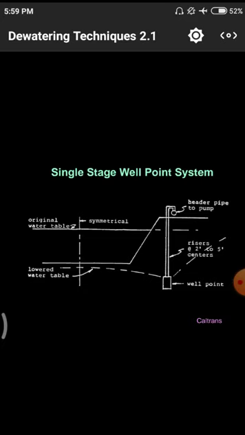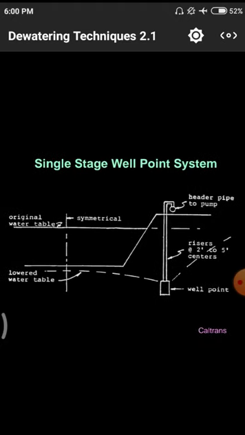Likewise, we have different terminology here. First of all, we need to understand this terminology. If the terminology is very clear to us, the subject will be very easy to us. If the terminology is not understood by us, the subject will look very tough to us. So if we know the terminology as well as possible, we can write the total subject in our own manner, in our own language also.